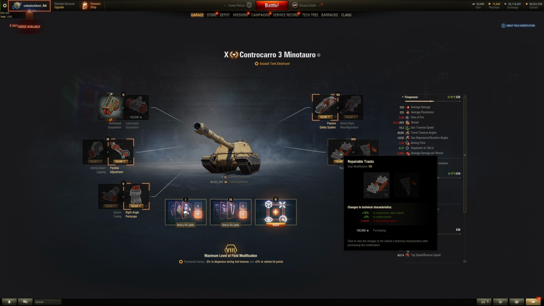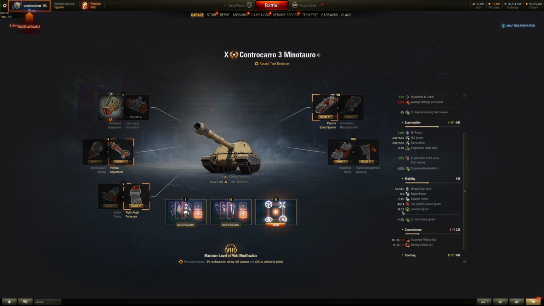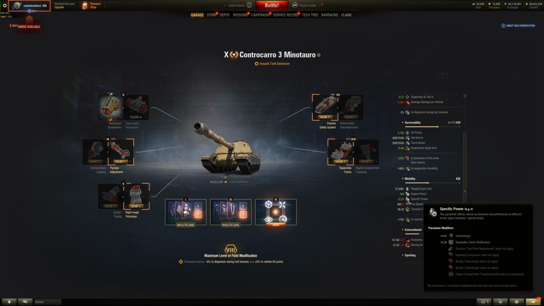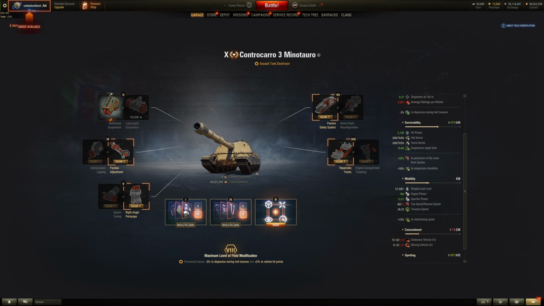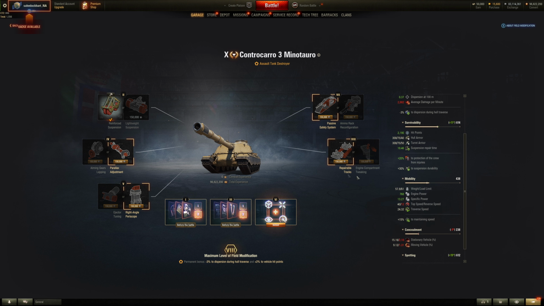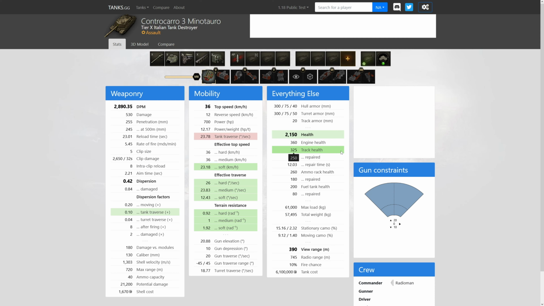And finally, we have suspension repair speed and engine power or reverse speed. It already has a boost if you already put the turbocharger, so I would likely put better engine power because their engine power is kind of crap. Same goes with having better repair speed for your tracks. If your tracks get blown off, you're a heavy tank, so better repair speed for tracks is kind of essential. So I think this one will be better. And overall, I think